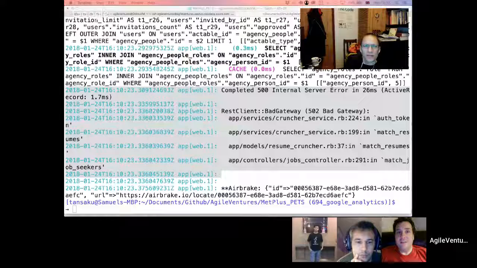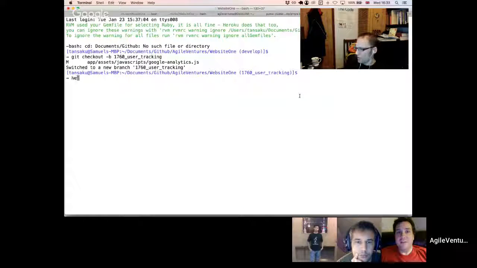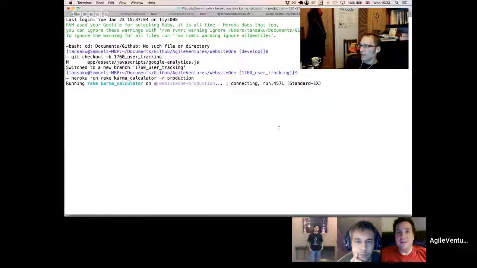But if we grab a website one window like so, we can do heroku run that thing, and then minus r production, and that should force the karma calculator update.